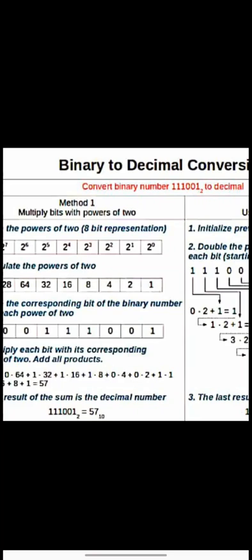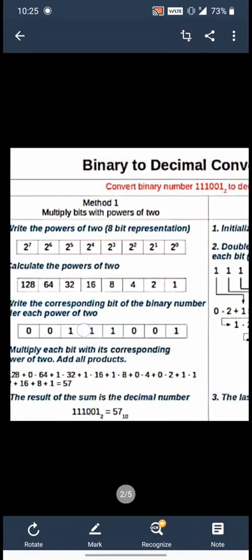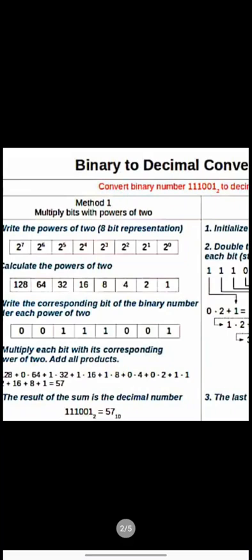After that, you write the binary number given to you. A binary number is not written like other numbers; it is written from the right side to the left side. So we start from here, taking 1 0 0 1 1 1 from the right. Now you will find two remaining places where we have no value, so we place 0, because at the place of no value we can write 0.